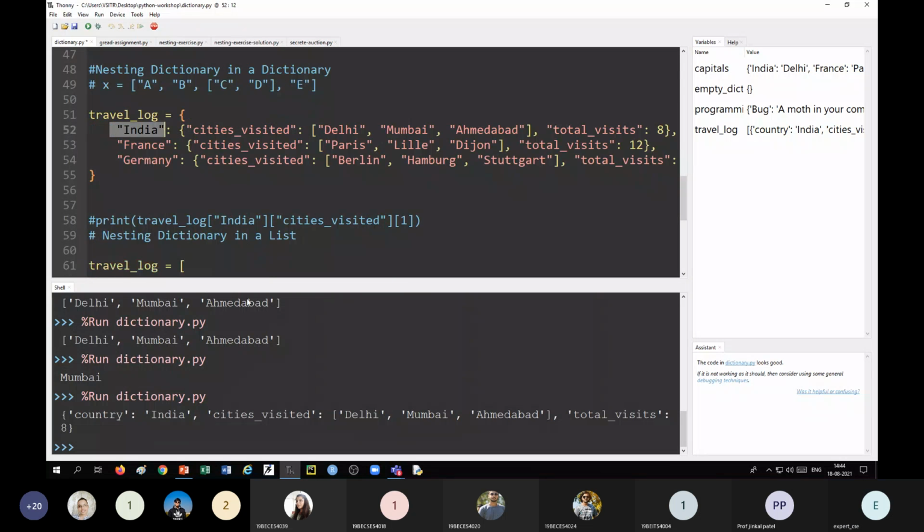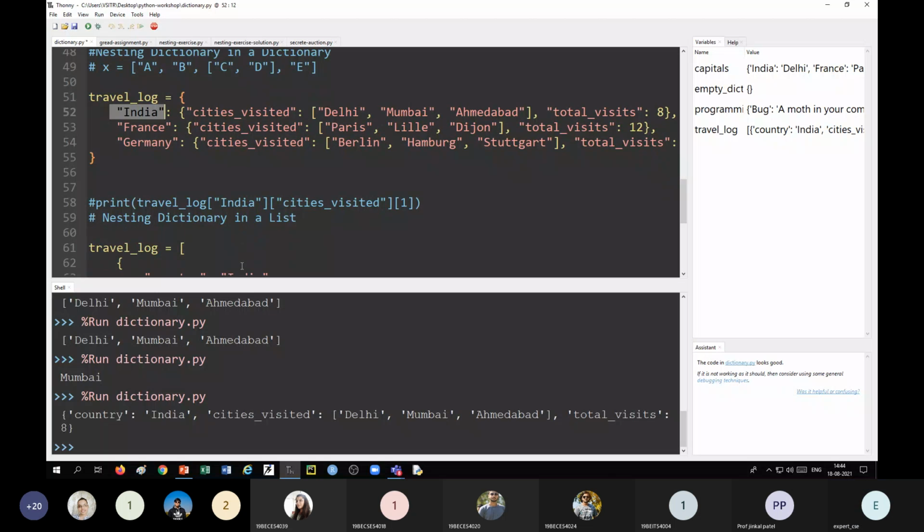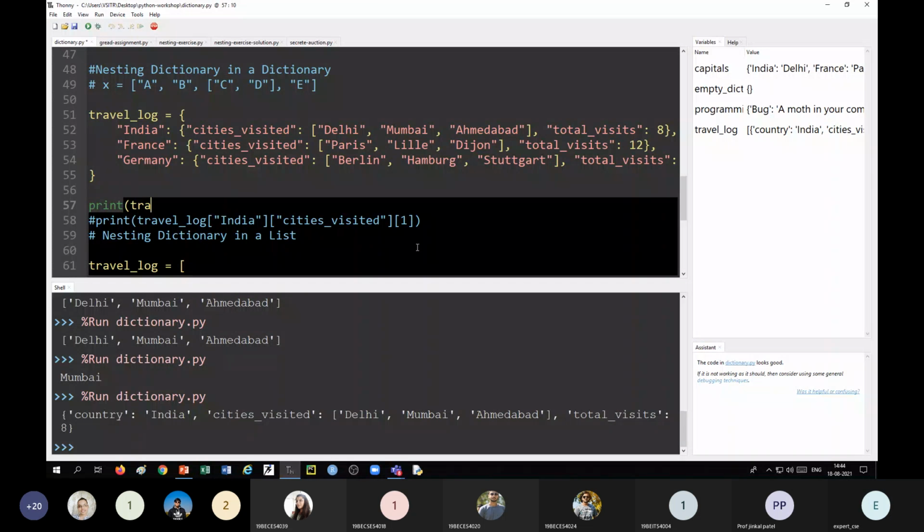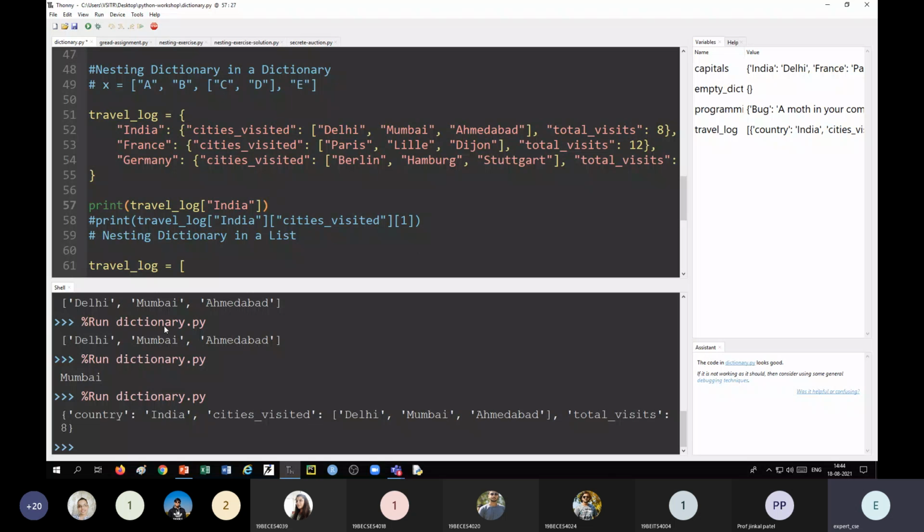For example, if we print travel log, square bracket, India. What will be printed?